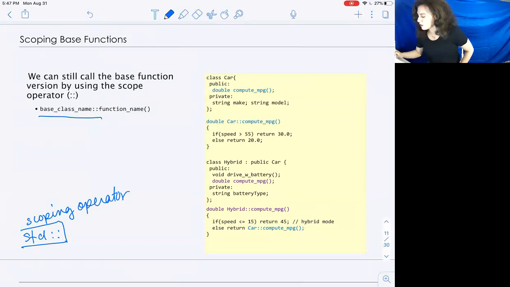And so here, inside the hybrid compute MPG, we can check if the speed is less than 15 miles per hour, we are going to get 45 miles per gallon. Otherwise, we just have to call the base class Car's compute MPG. So this is a way that the derived classes can call explicitly the base class's implementation of a function, even if it's an overloaded function as it is in this